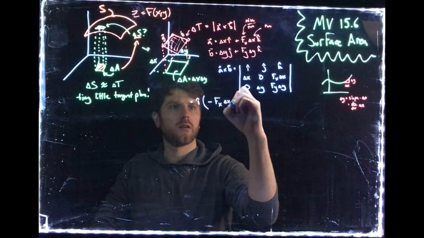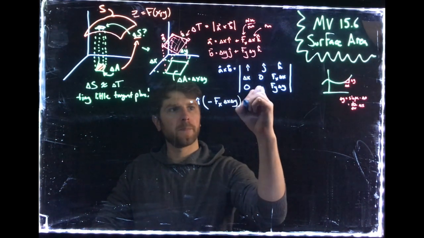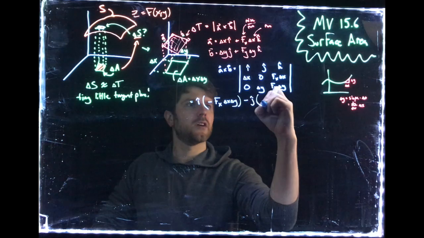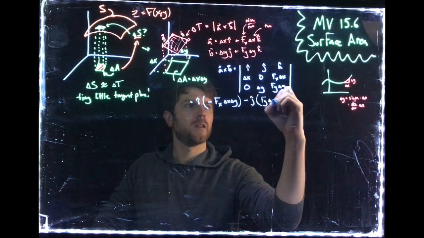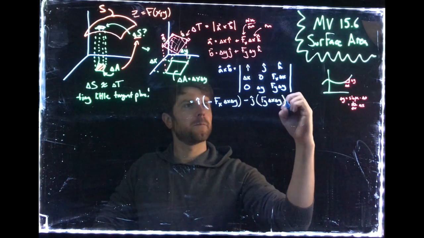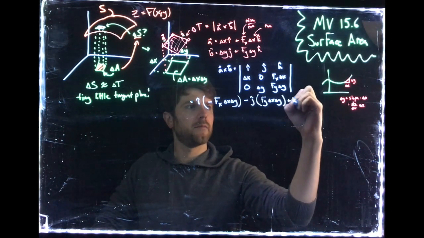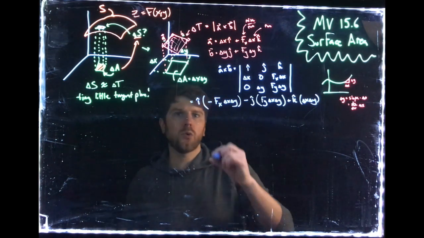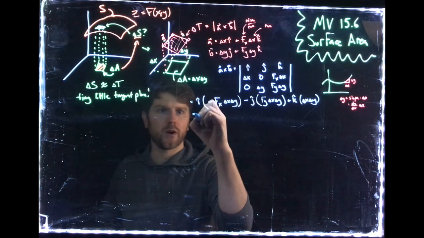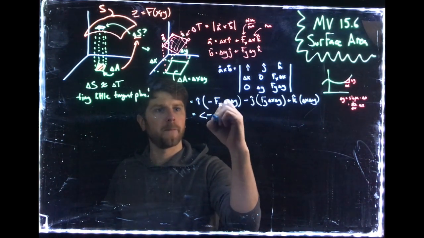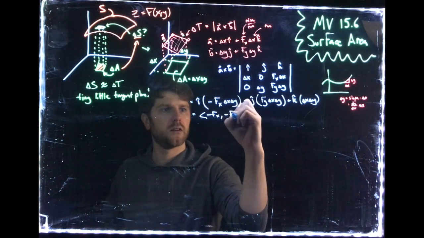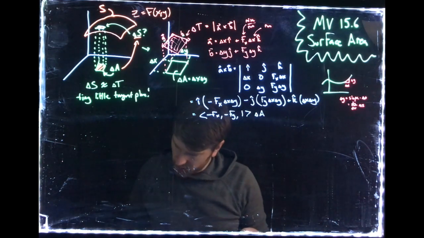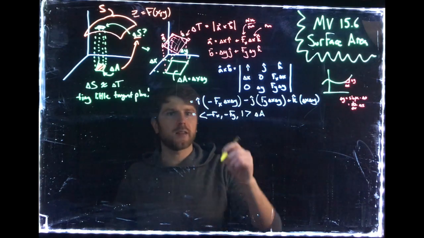negative fx delta x delta y, minus j hat times fy delta x delta y, plus k hat times delta x delta y. Notice how there's a delta x delta y everywhere. What we end up with is this vector, negative fx, negative fy, 1, times delta A. And that does mean, if we're trying to take the magnitude of this,